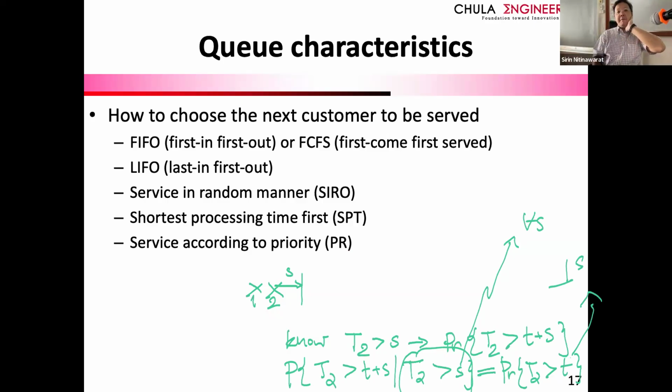In a more difficult situation, different customers may have, as I already mentioned, different priorities. And the idea is that the server will pick the customer in the queue with the highest priority to serve first. If there are many customers with the same priority, the one closer to the head of the queue can be picked before the ones that are later on in the queue.